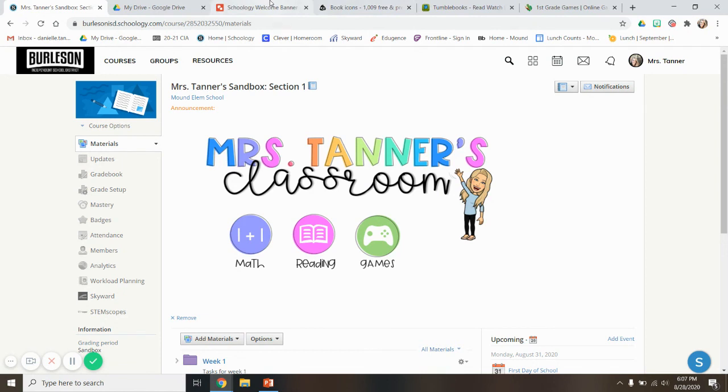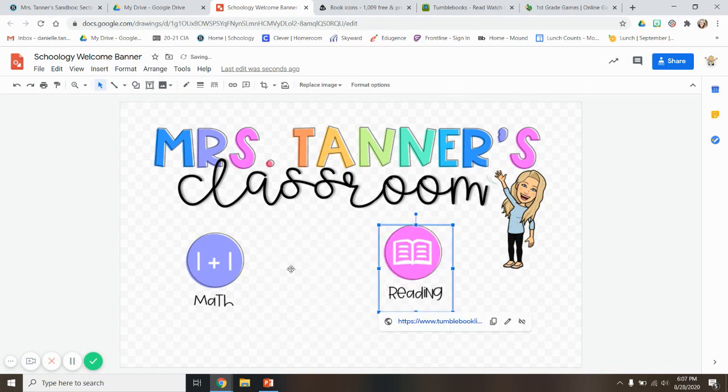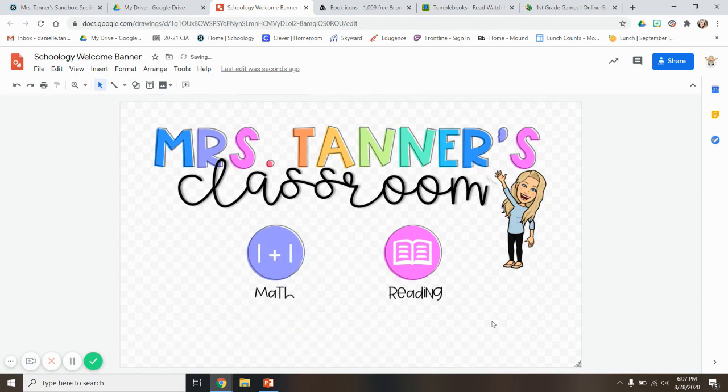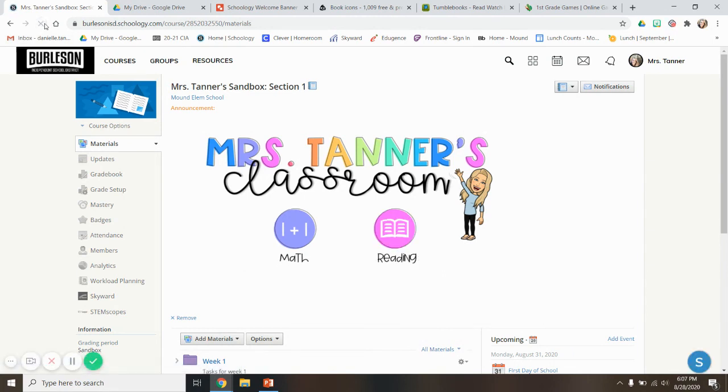So basically, once you upload and embed your banner through the Google Resource app, it becomes a living document you can constantly change and add to. If you decide you don't want the games button, you can take that out, rearrange things, add new text boxes, and then you just go and refresh, and it's different. It's a good fun element you can add